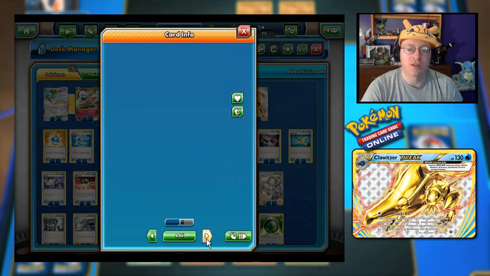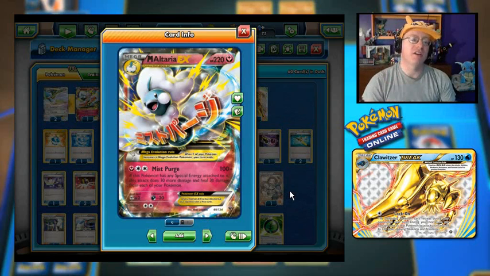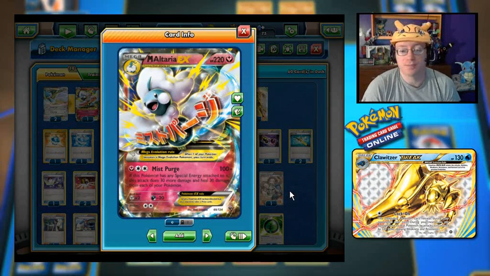But we are going to focus more on, of course, the Mega Evolutions of Mega Altaria-EX. It becomes a Fairy type. And for a Fairy and 2 colorless, Mist Purge does 100 plus. If this Pokemon has any special energy attached to it, this does 30 more damage and heal 30 from each